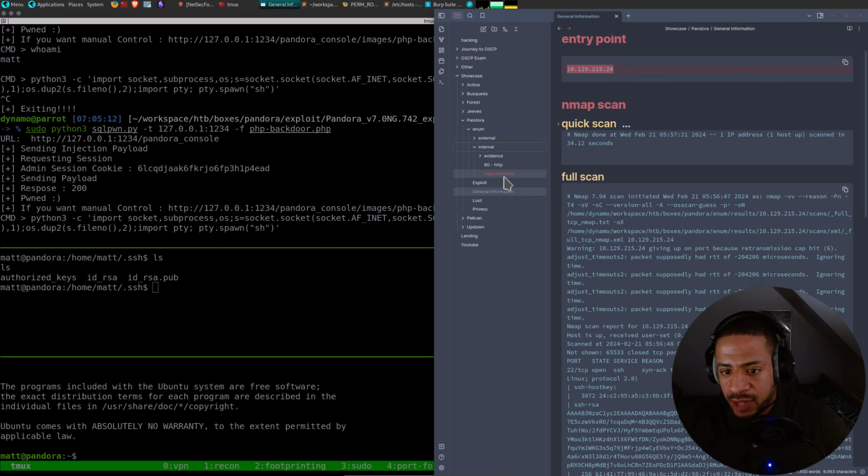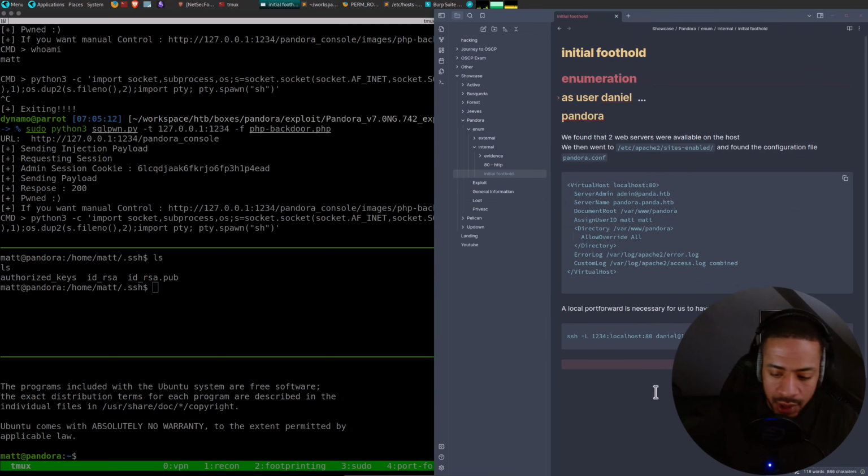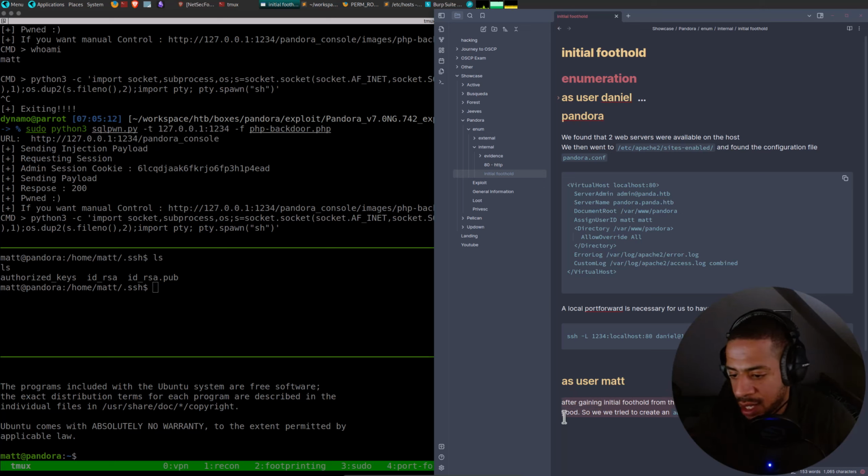Okay, so now what can I do? Take some notes. Initial foothold as user mat. Okay. Gaining access through SSH like this.